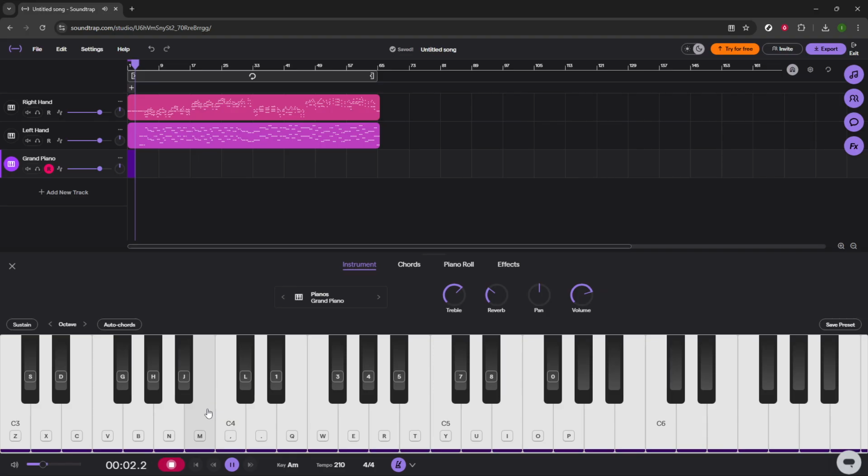When you're finished, stop the recording and your performance will appear on the timeline, ready for playback. That's it. You've opened your project, entered the studio, added a keys track, chosen a preset, and recorded using the on-screen keyboard. Save your session and